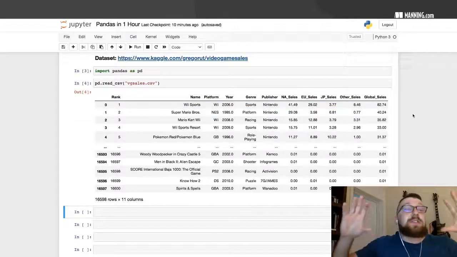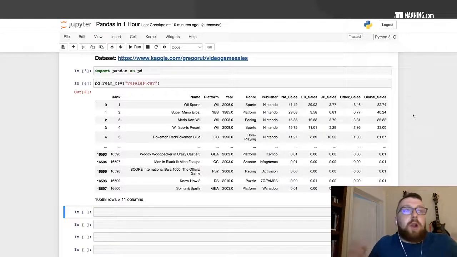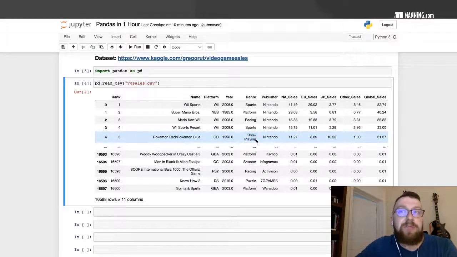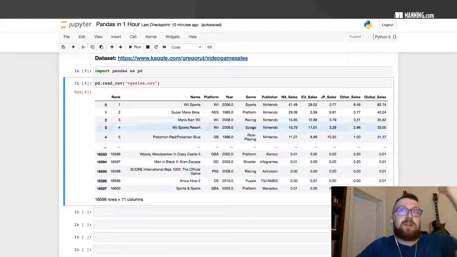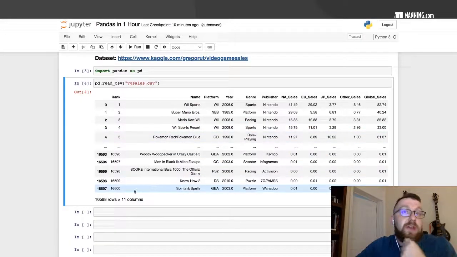So the reason it's two-dimensional when I use that term, all that two-dimensional means is that there are 2 points of reference that are required in order to extract any single point from the table. So for example, let's say I wanted to get this value right here in the genre column of role-playing. How can I extract this specific value? Well, I can't simply say use the genre column because there's a ton of values in this column. There's actually